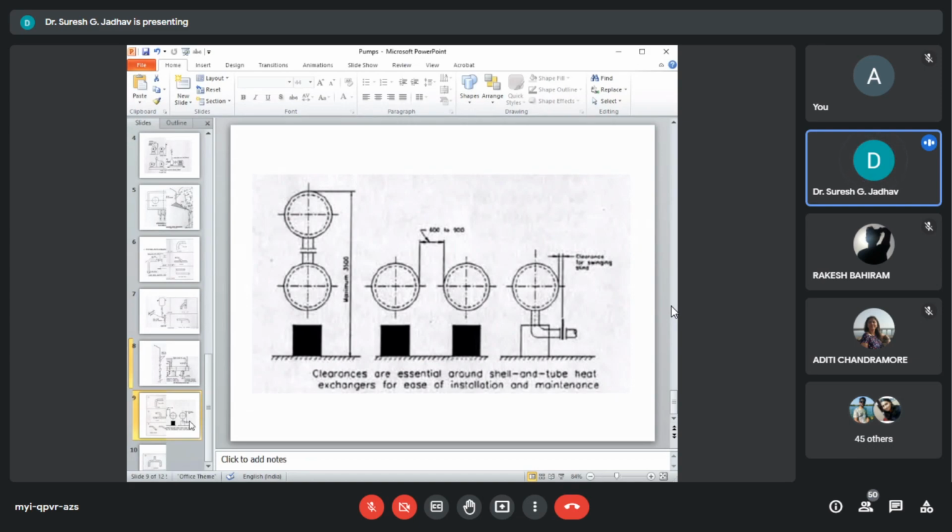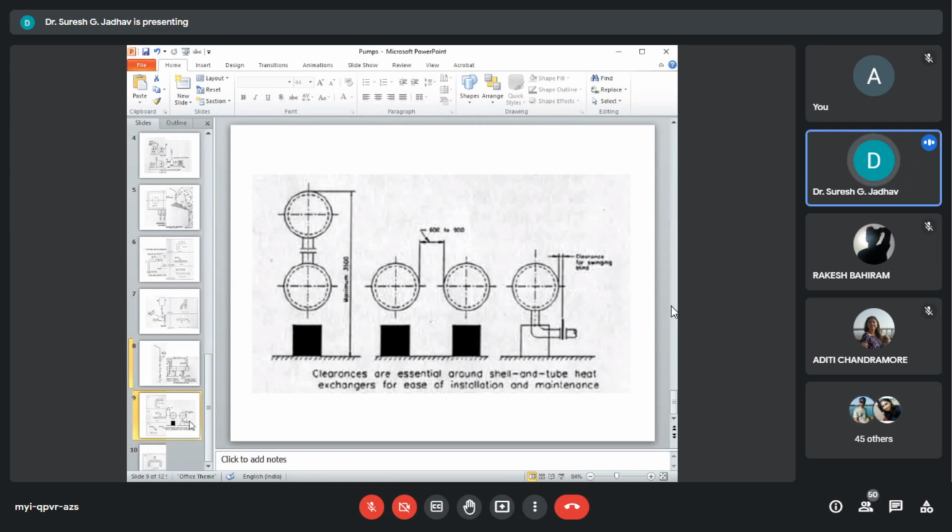Most often, the piping engineer will have no influence in the selection of exchangers. He can only modify the nozzle arrangements to have economical pipings.